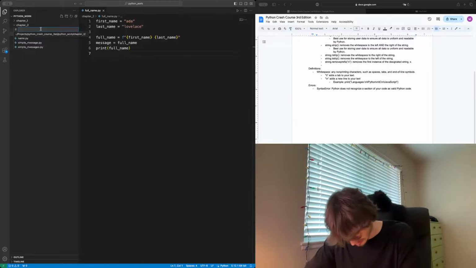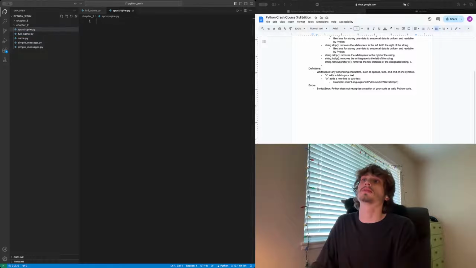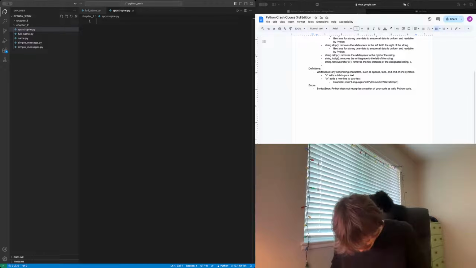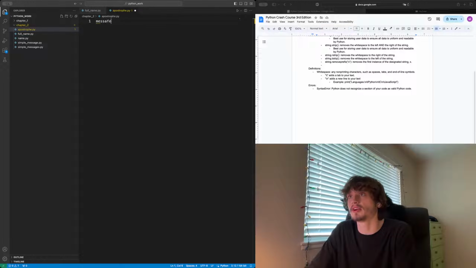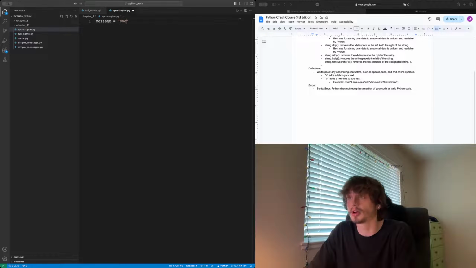We want to name this apostrophe. Okay, we want to make this message. We want to assign a variable to the variable name message. Inside this variable is going to be a string called one of Python